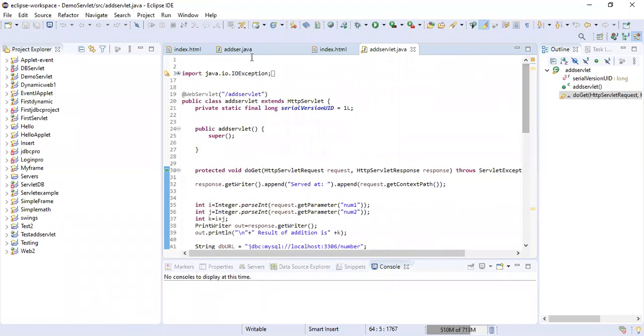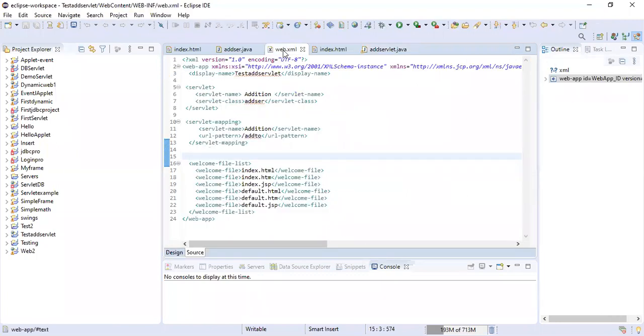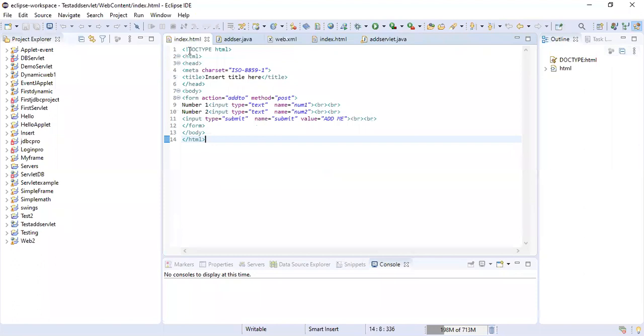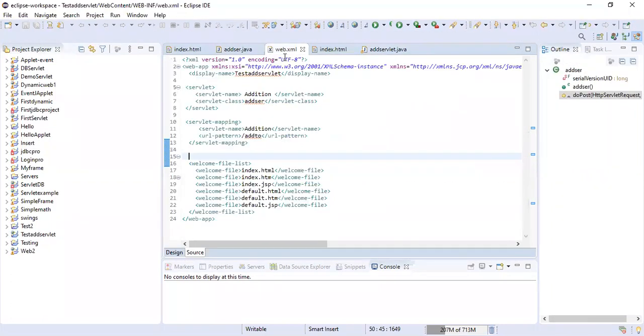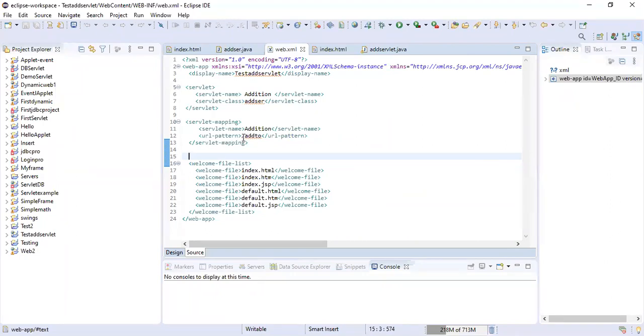And yesterday we also talked about how to configure the deployment descriptor, that is the web.xml file. So check it out in the index. What you have written, your action is add2. And in your web.xml, see here, in the URL pattern you have to write /add2. Yesterday actually I forgot that slash, and that's why we got that error.